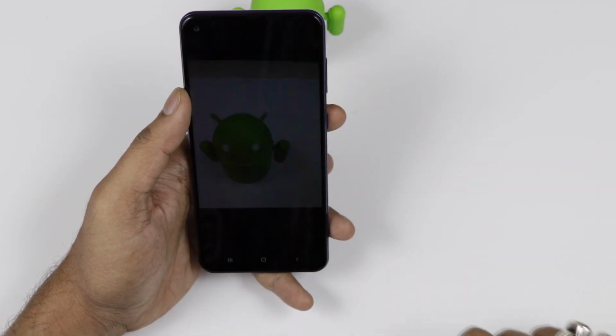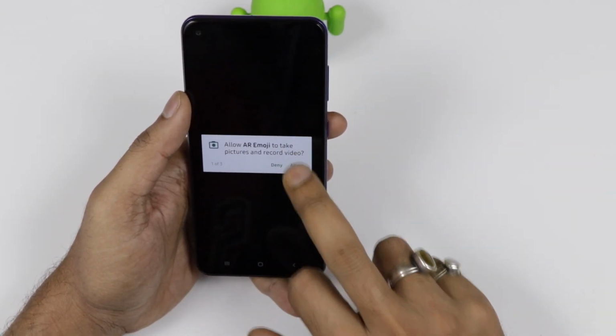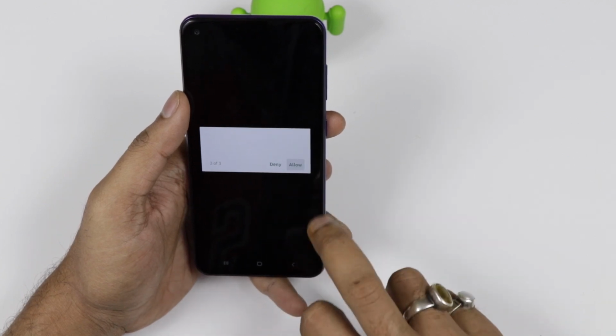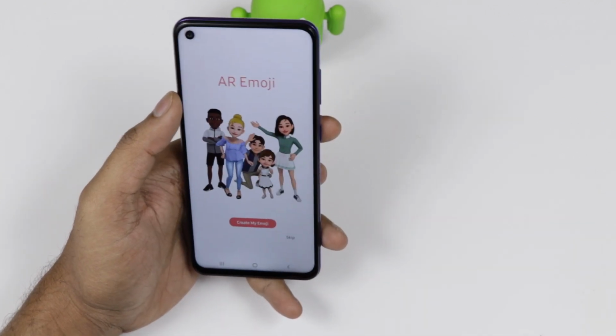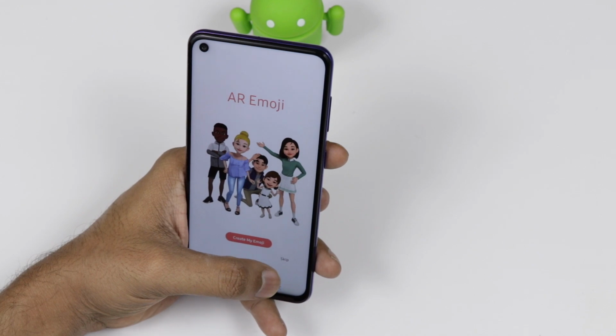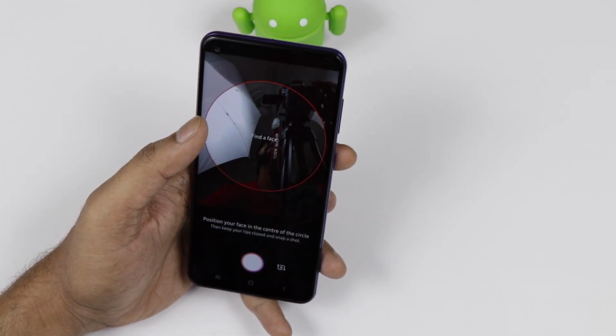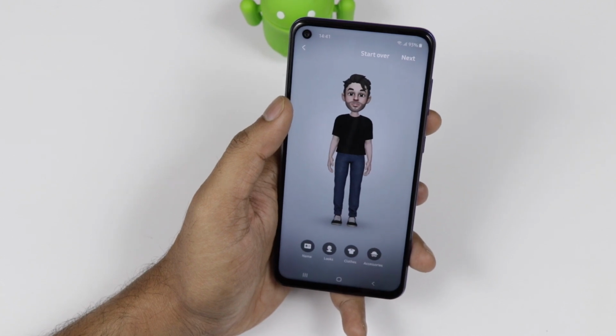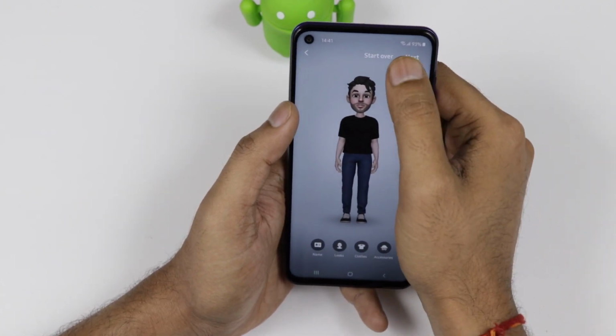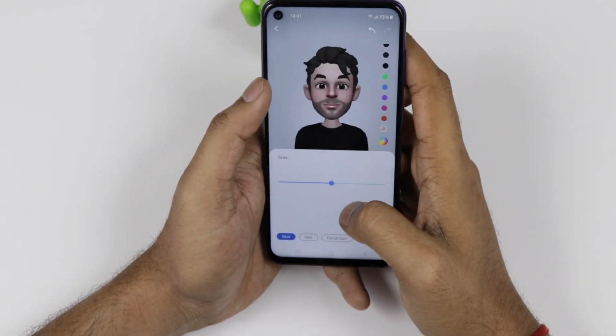Then there are AR emoji. This is basically the AR 3D sticker. It will be according to your need. Here is the avatar, you can build it. So right now give me some time, I will make the avatar. It is asking me to find a face, so I made an avatar of myself and you can make over it. You can change the skin,